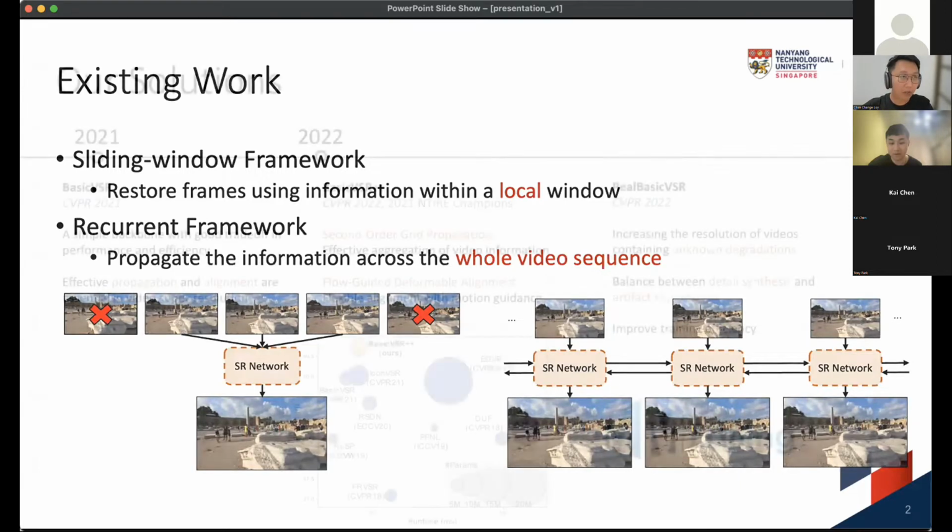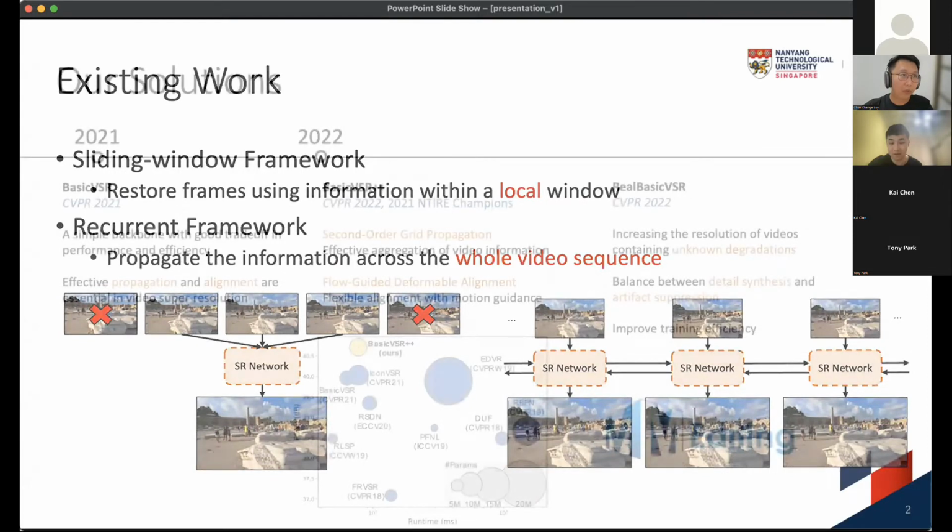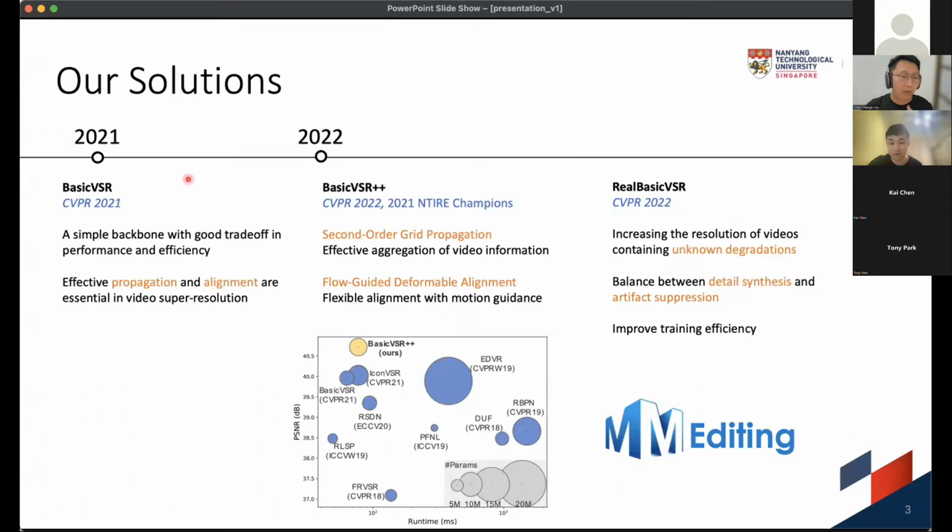So this is our solution. What we tried to do last year is to examine all these components carefully and systematically and design a simple backbone that has a good trade-off between performance and efficiency. What we found is that in order to perform good video super resolution, you need effective propagation and alignment. These are the two key elements to achieve good performance in video super resolution. So we came up with the framework called BasicVSR, and in 2020,